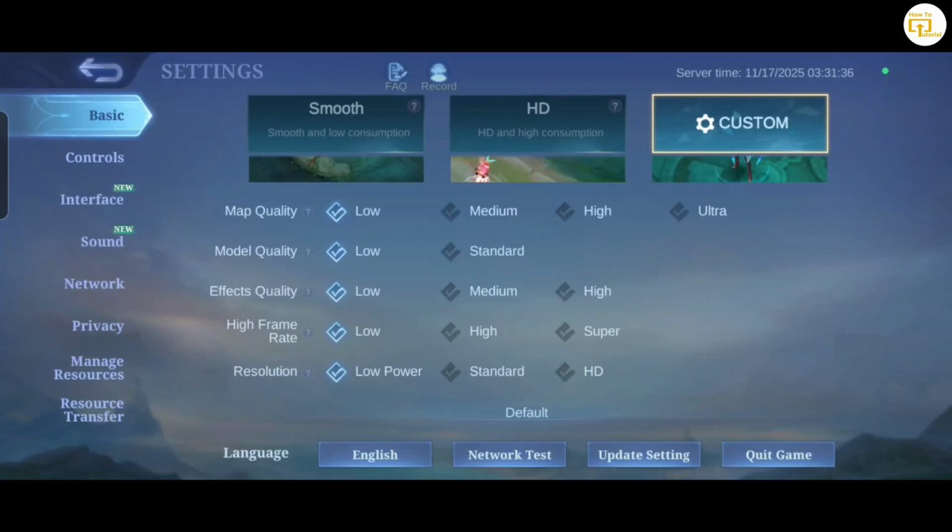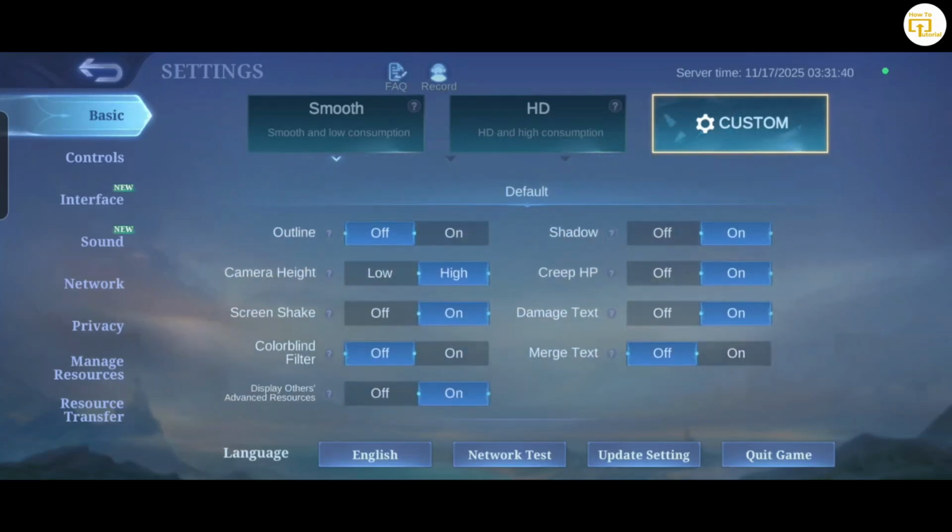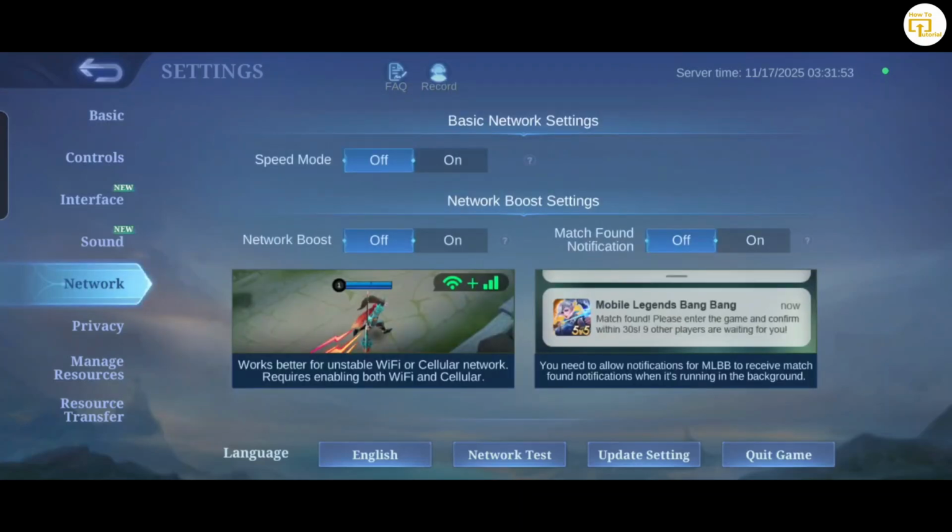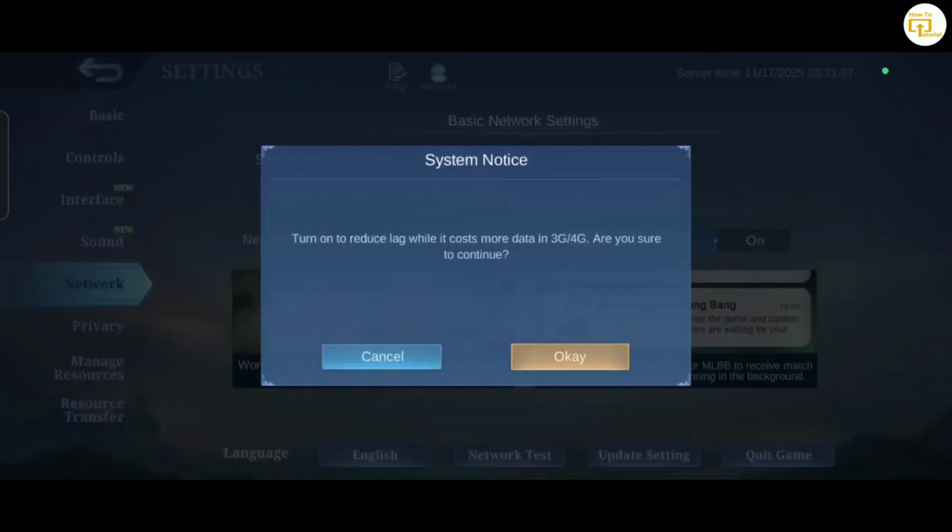And finally, what you can also do for that is head over to your camera height and set it at high. For your camera height, turn your outline to on, and also for your creep HP, turn that on. And doing that, head over to network now, and under network you will then need to turn on speed mode. Tap on OK,